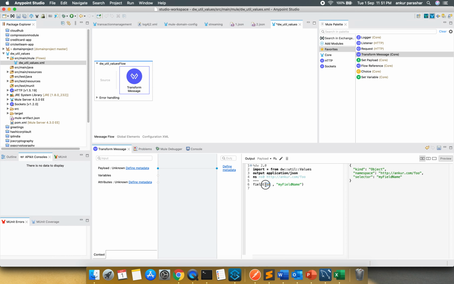So ns0 is the namespace, and my field name is an object. The selector will be the same as the kind of object; the kind and the selector are one and the same thing. My field name is an object and the namespace associated is this one.